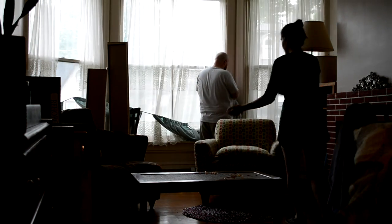The curtains are literally nailed to the wall right now. I'm pulling up the